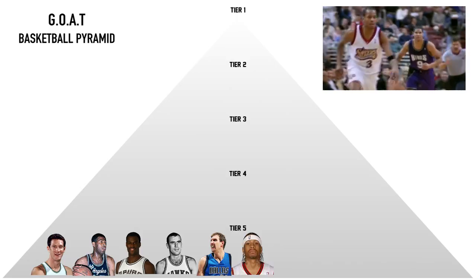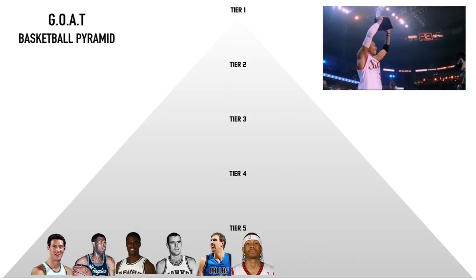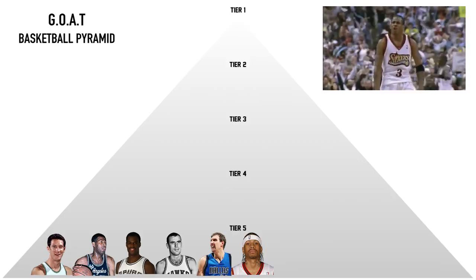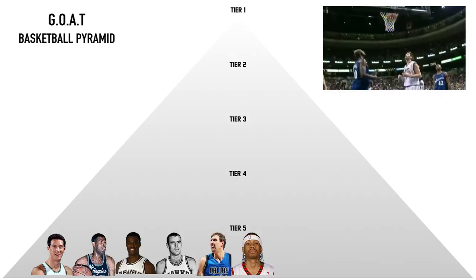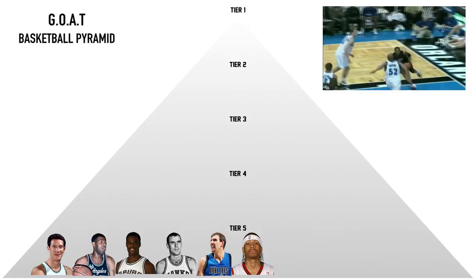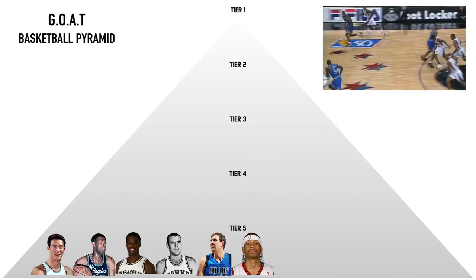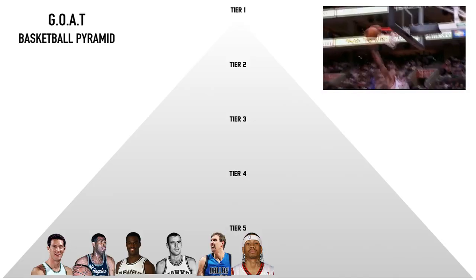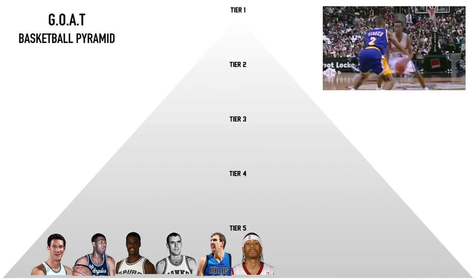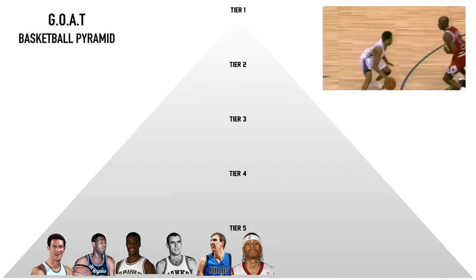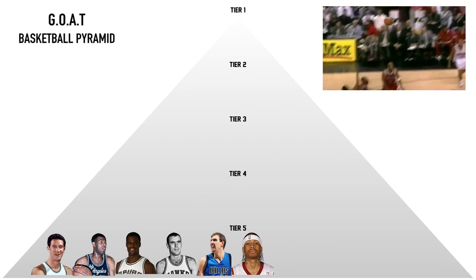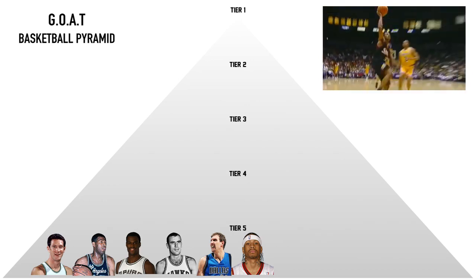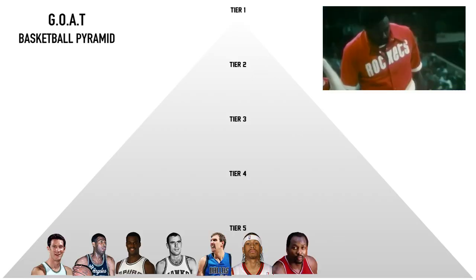Next is Allen Iverson. So one of the most common phrases with Allen Iverson is that people say he's pound for pound the greatest basketball player ever. And that may very well be true. Some NBA fans would argue that he deserves to be higher on this list, and I can definitely understand that, but having him at this spot puts him somewhere between top 25 and top 30 all time. Iverson is an example of a player that skill-wise could definitely fall a lot higher on this list, but because of his lack of hardware and longevity, falls where he does. Nonetheless, an incredible player. Next is Moses Malone.